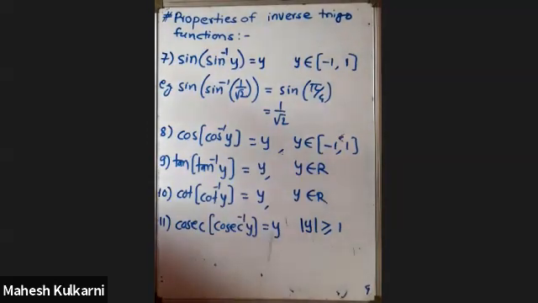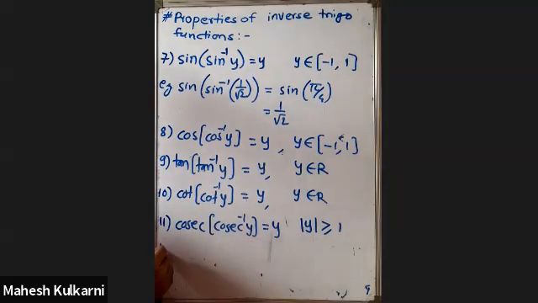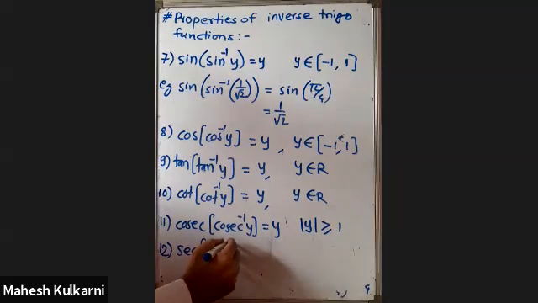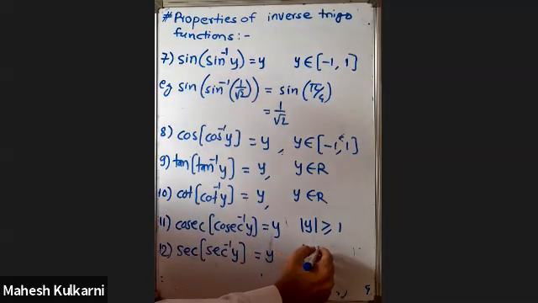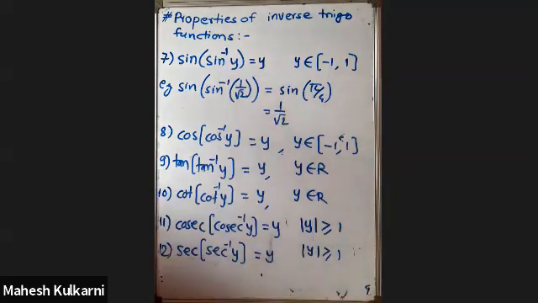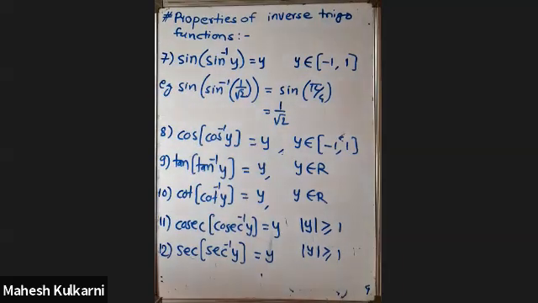और पिछले जो फॉर्मूले थे 1 to 6, उसमें जो x था, and that was the range of inverse function. So here, this is the range of cosec function, and for sec of sec inverse y is also y, and once again, modulus of y is greater than or equal to 1. So these are the 6 properties for the composite function of sine over sine inverse, cos over cos inverse, etc.